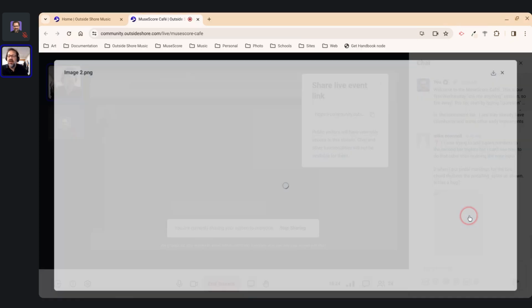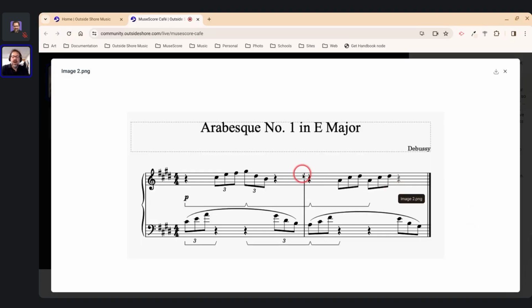All right, Mike is asking about adding tuplet numbers to second bar triplets. Unfortunately, okay, so your image isn't coming through, but let me look at it. All right, so I see your image now. So the second bar,